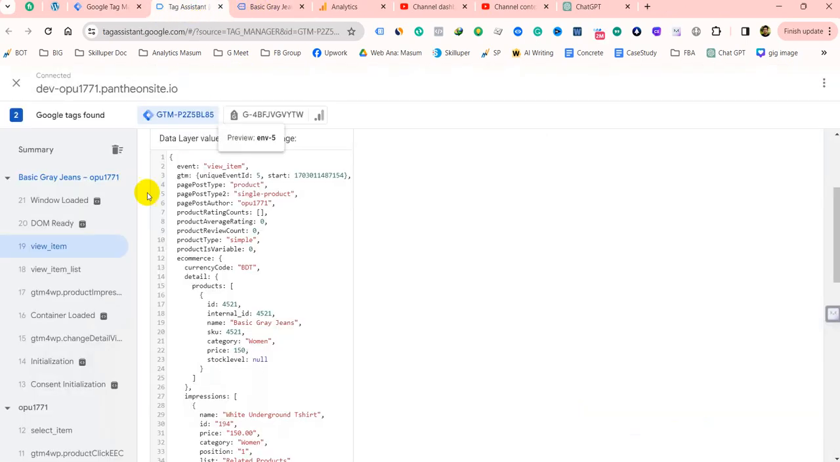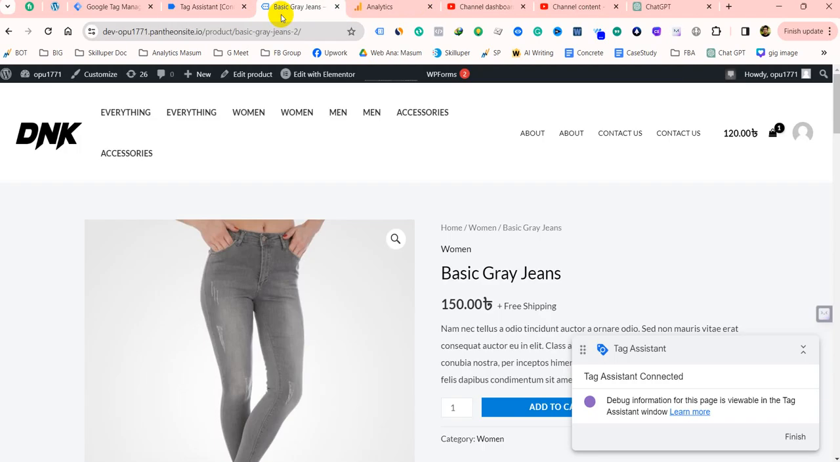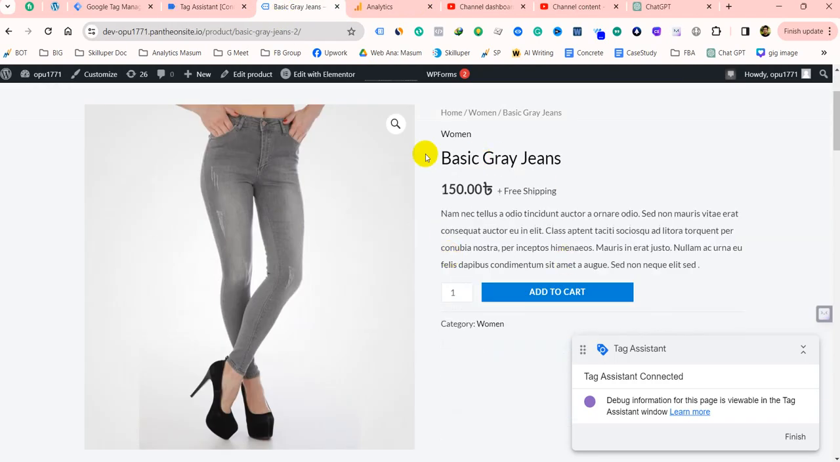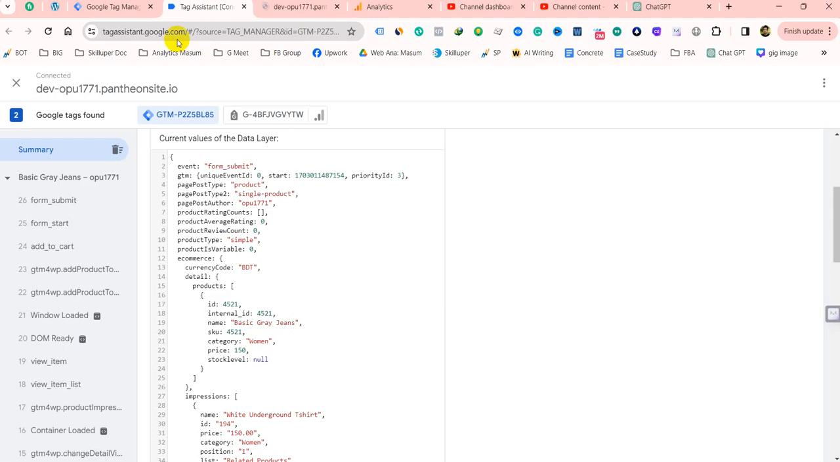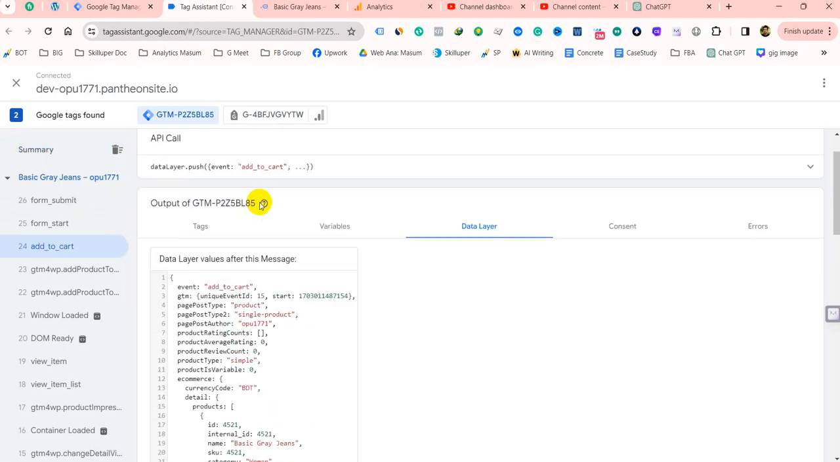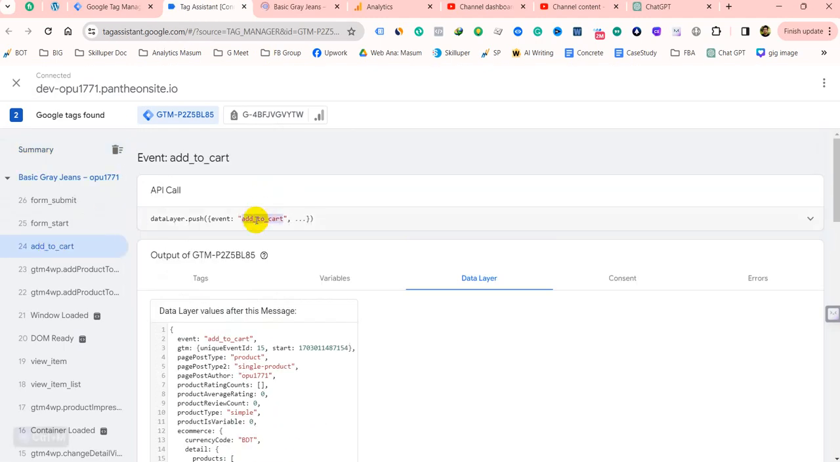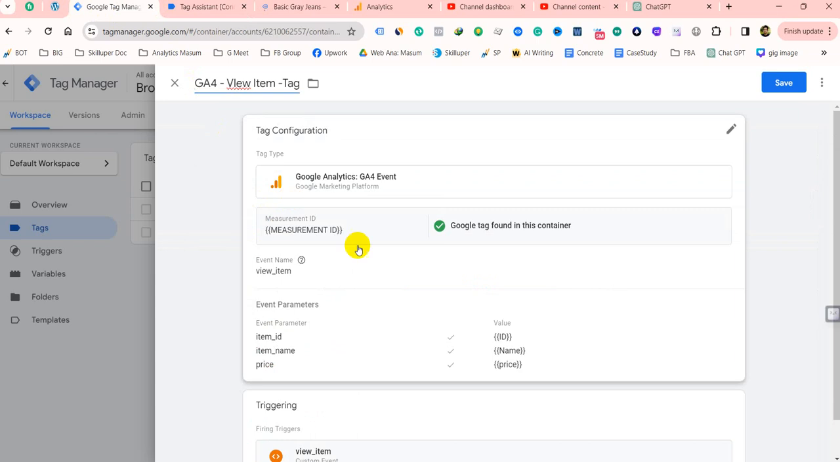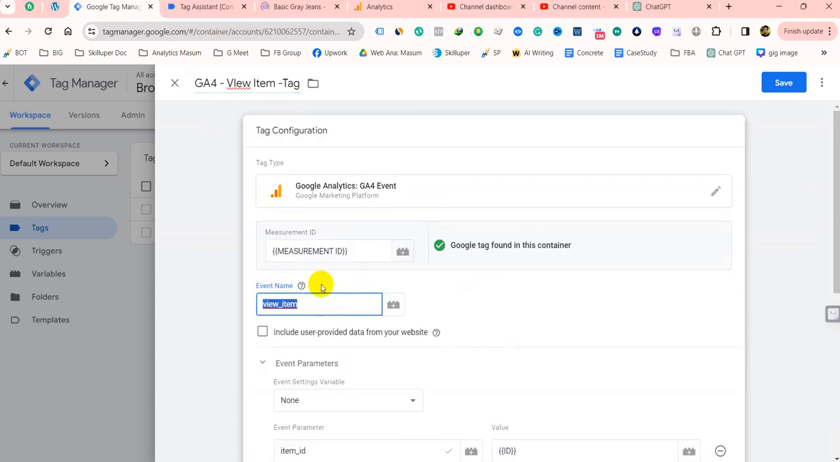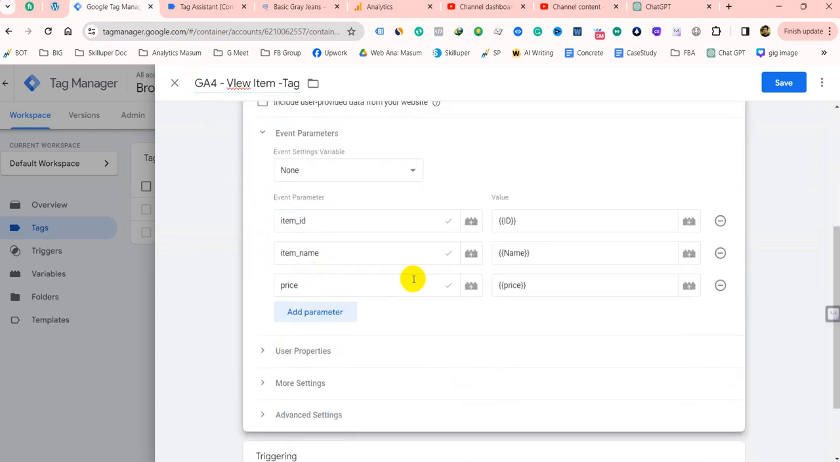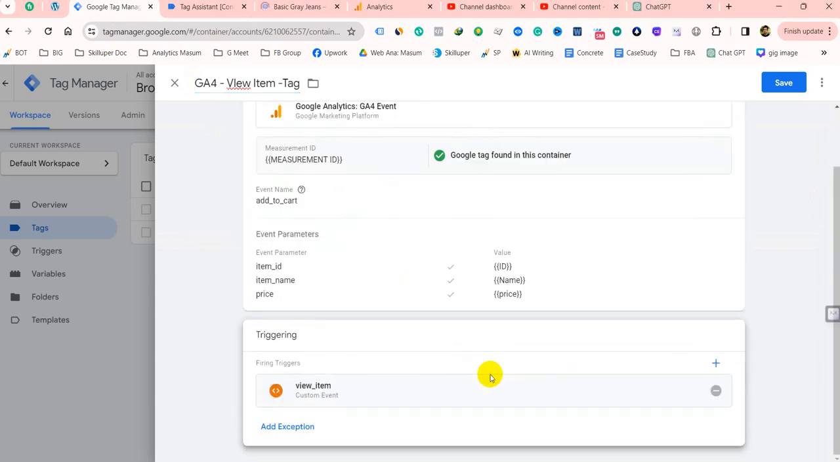What we have to do, just click on add to cart, and then we will see it on the data layer. Okay, here it is. So we have to copy this one, and we have to change the event name from here, and then we have to delete the previous